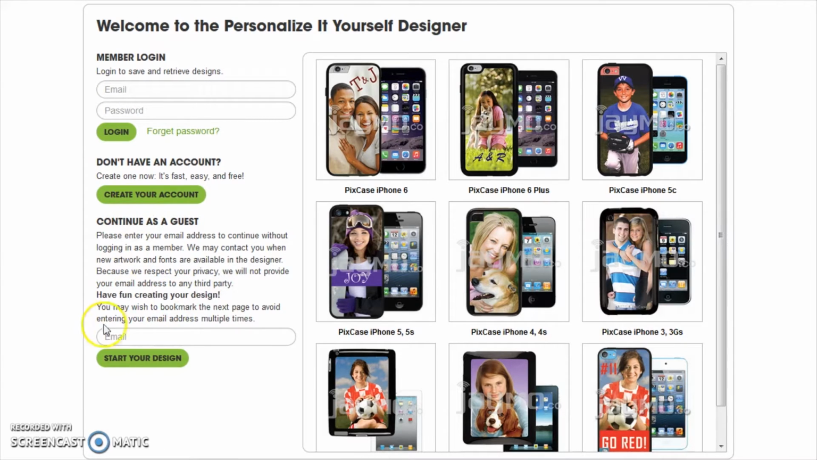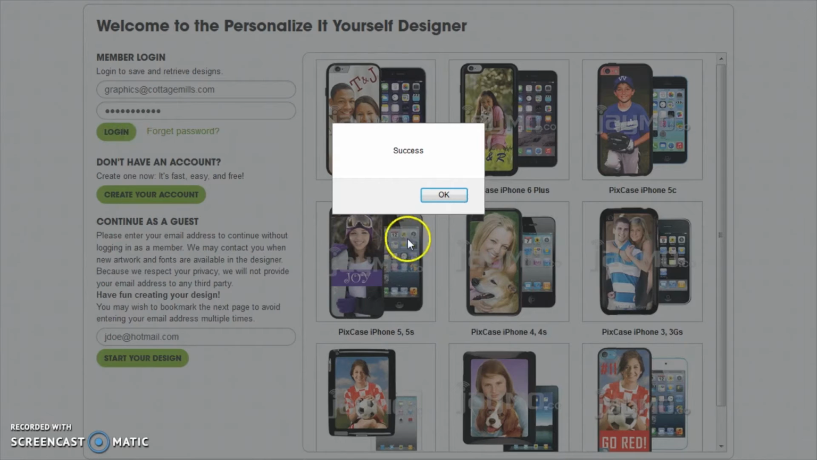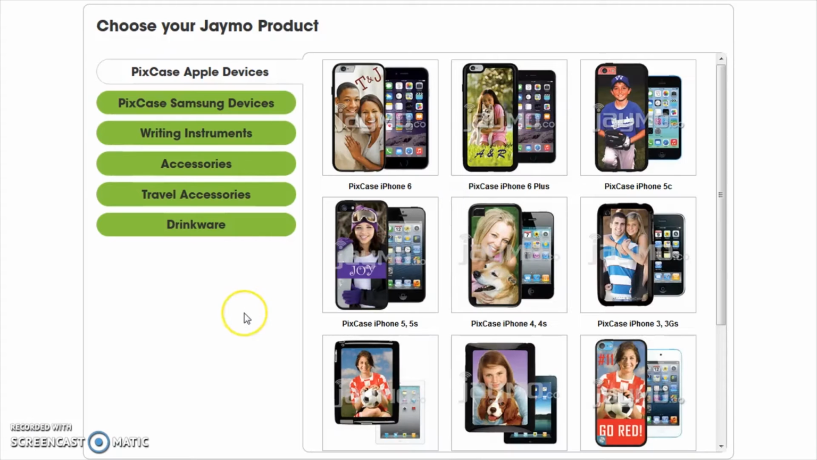You can also continue as a guest. Just simply type in an email address and click Start Your Design once you type in your email address. After you click Start Your Design, you may want to bookmark the next page so you don't have to repeatedly enter your email address. Otherwise, if you already have a membership, go ahead and type in your email address and password, and you can go ahead and log in. If you forgot your password, click Forget Password, and you can enter your email address to get it sent to you. Click OK,